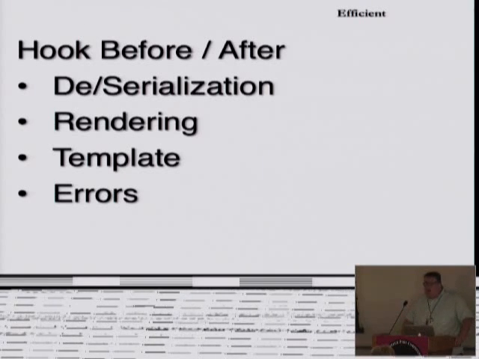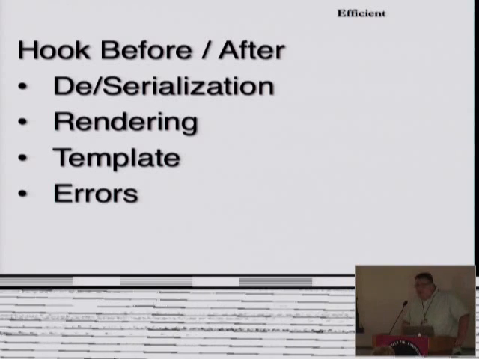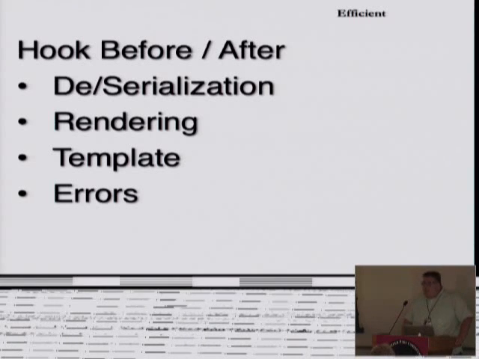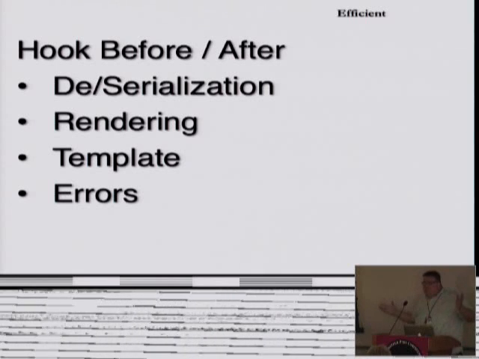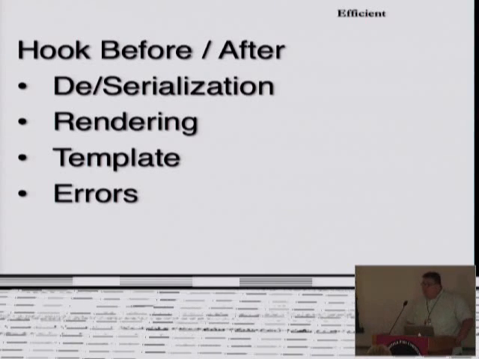So for example, one of the things that you can do in Dancr is you can say, I want to take something from JSON and turn it into a Perl data structure. And if the JSON decoder is not doing what you need it to do for some reason, or you need to inflate some value with an object or whatever, you can totally do that. And it's pretty straightforward to do.